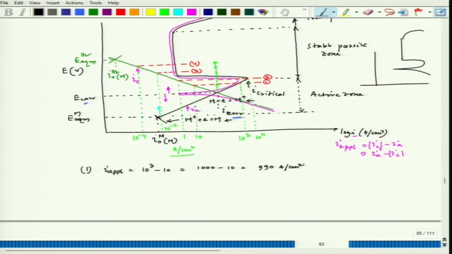This will be my total current density required at point 1. If I stay here, if I stay at that polarization, this should be the current requirement. Let us say what happens at point 2. I applied would be 10 to the power 4, which is this, minus 1, because this is 1. So, it will be